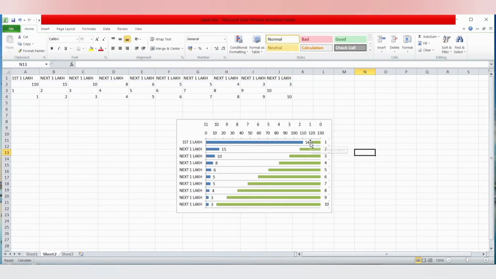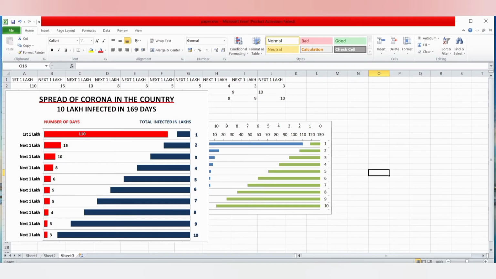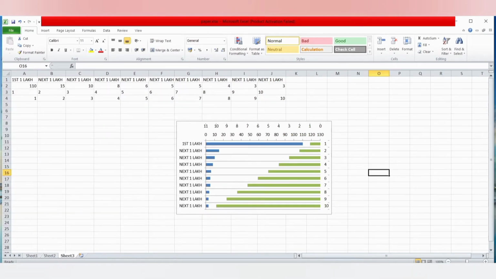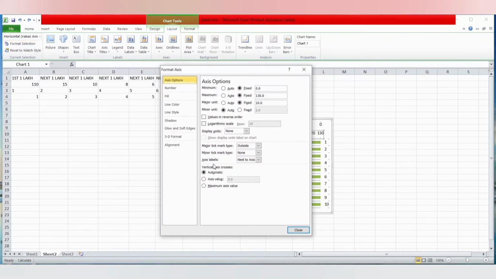Now we'll select this one and take it inside. Place it here. In the model chart, the axis values are not showing. So, okay, now we'll select this data label, go to Format Selection, and here in the axis labels drop down button we'll select None and close.